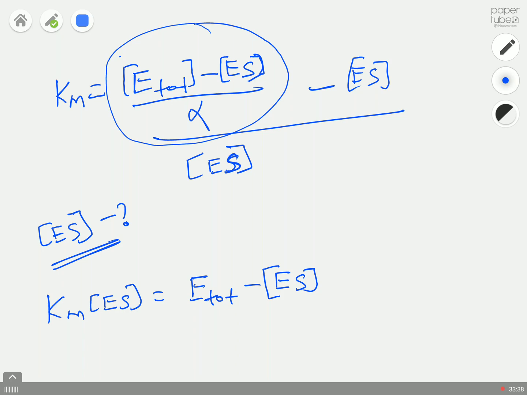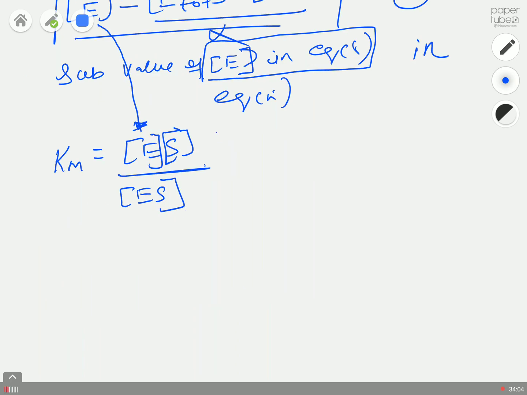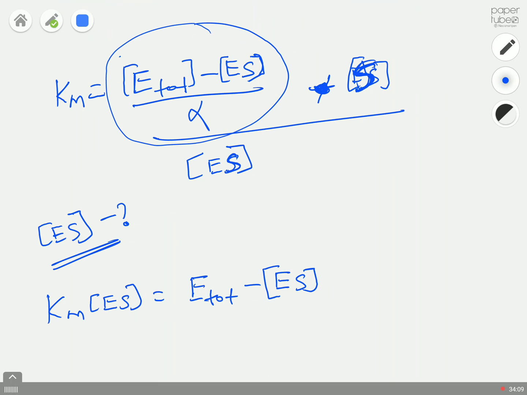E is equal to E total minus ES, that's correct. Km is equal to E multiplied by S. Okay, this should be multiplied, and this is not enzyme substrate complex, this is a substrate complex. If we go back to equation 5 here, you have a substrate complex here, that's a multiplication symbol, so this is just multiplied by,